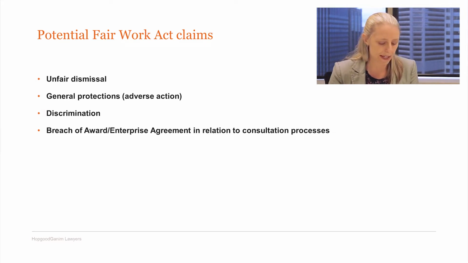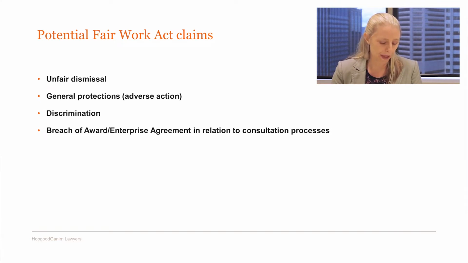Another risk of claims is under the General Protections application regime for adverse action. So in this type of claim, an employee is showing that dismissal is for some kind of ulterior motive. So for example, for some discriminatory reasons, so because they were female, because they were old, because they had a disability or an illness. Or another way might be that they're arguing that they've been made redundant because they had some workplace right that they've exercised. So maybe a right to parental leave, or they've made a complaint in their workplace or something like that. And now because they've done those things, they've been dismissed.